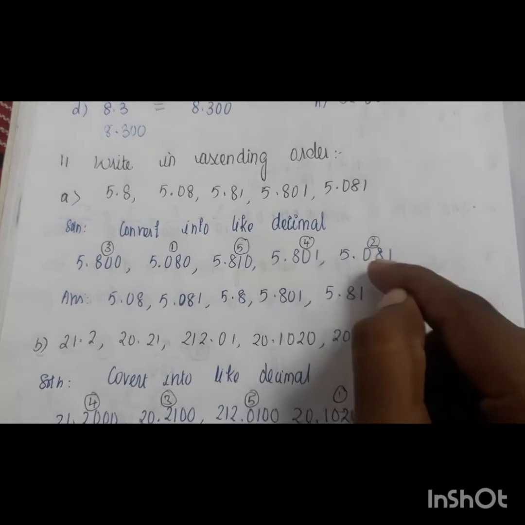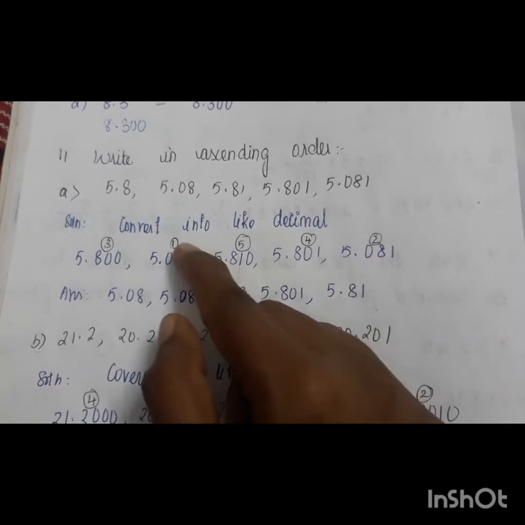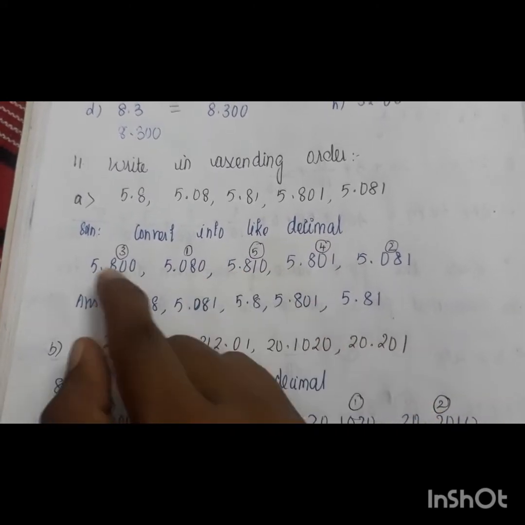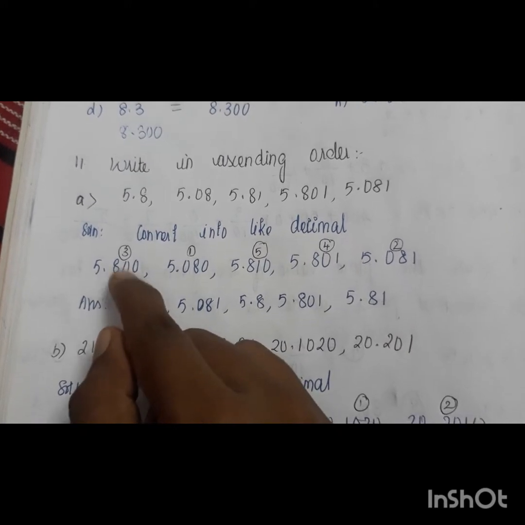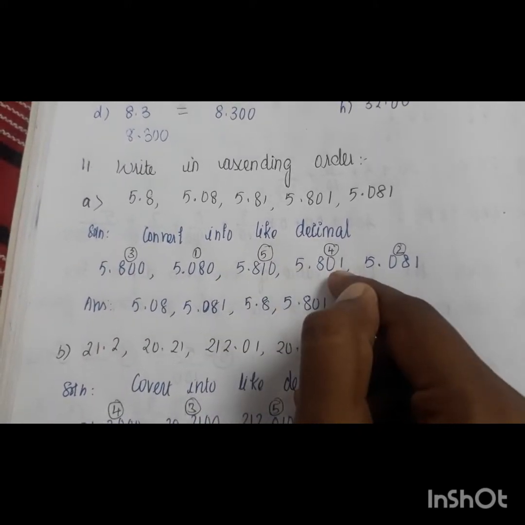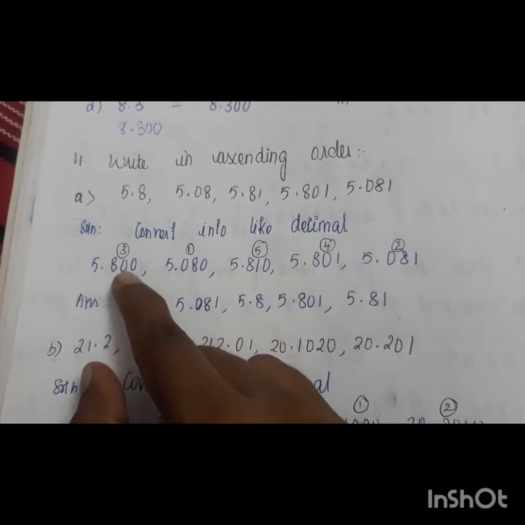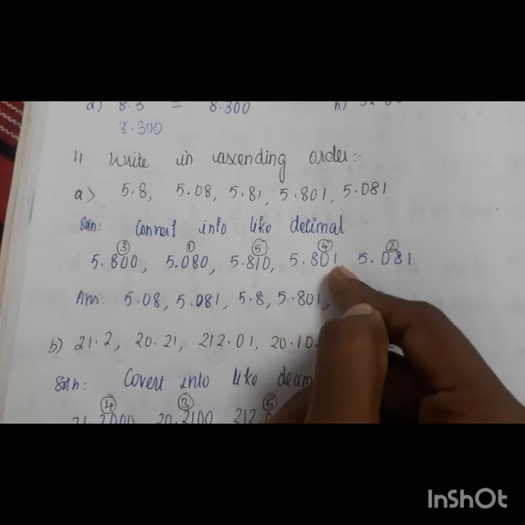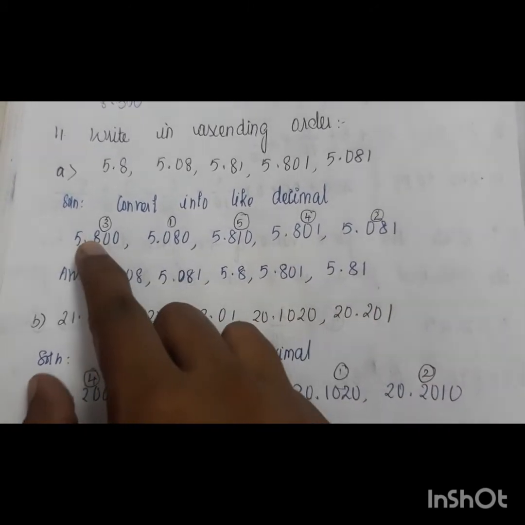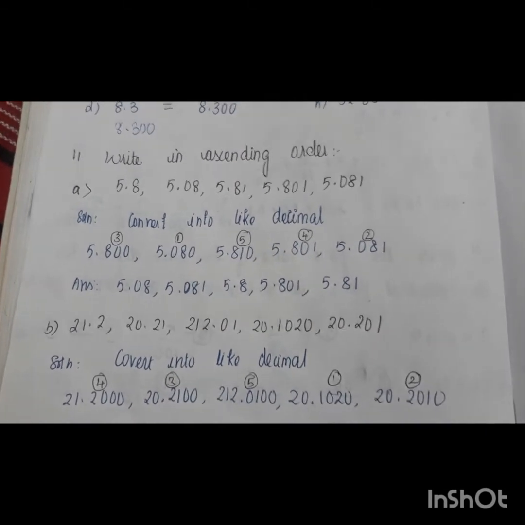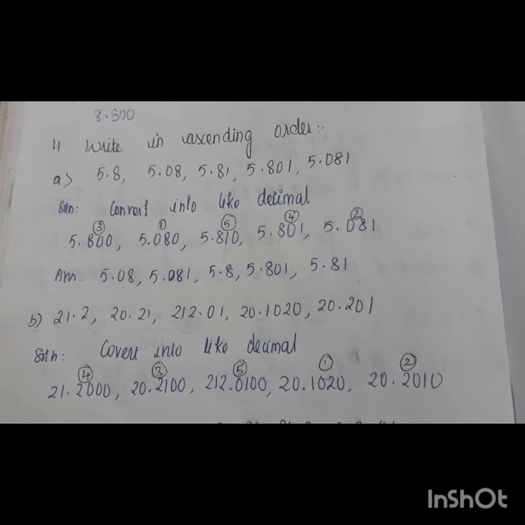It is the smallest one. Then 5.081. Now these two are over. From the remaining 3, check the decimal part. Leftmost is the same, 8, 8, 8. Then 0, 1, 0, right? So two numbers have 0, and you have to check the third digit, 0 and 1. So 5.800, that means 5.8, is the third one, then 5.801 is the fourth one, then the remaining 5.810 is the largest one when you compare all those things. Okay, so in that way we need to write it.